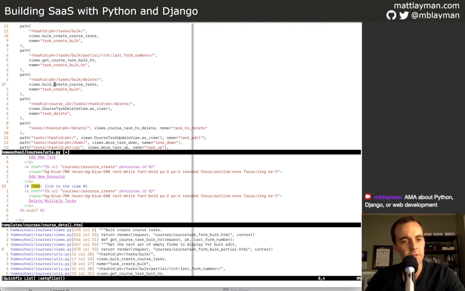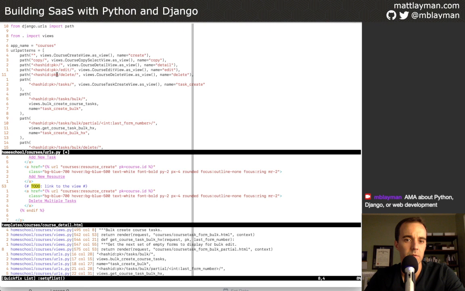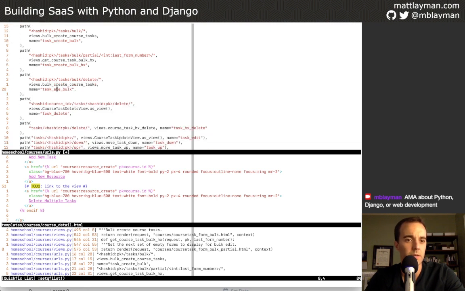And let's rename this to task. Well, let's be symmetrical here. There's probably a task delete somewhere. There it is, right there. So task delete bulk. And